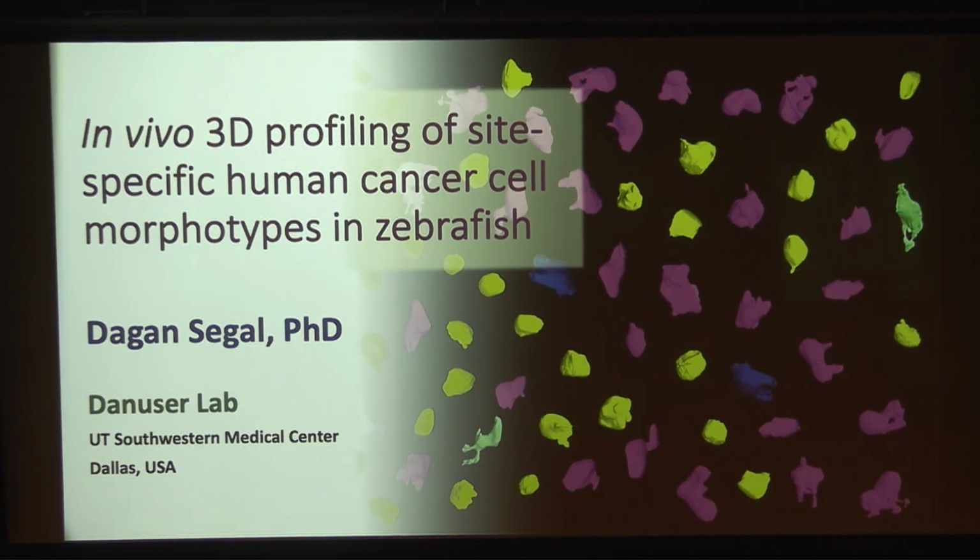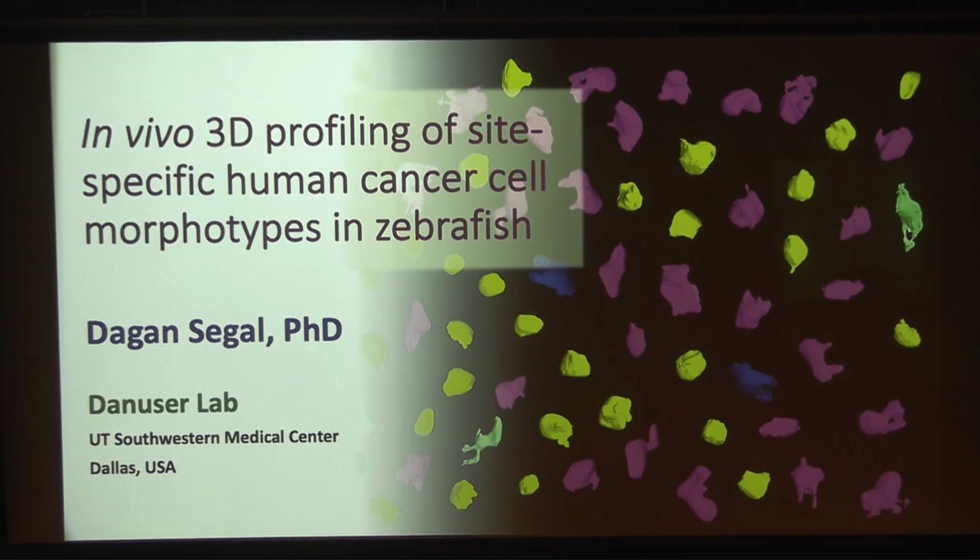And I've included here in my title slide an example of 3D renderings of cancer cells imaged in a zebrafish and classified by cell shape. And immediately you can appreciate there's a large diversity of cell shapes we see. And my long-term goal is to really study how cell shape in cancer can drive signaling and in that way